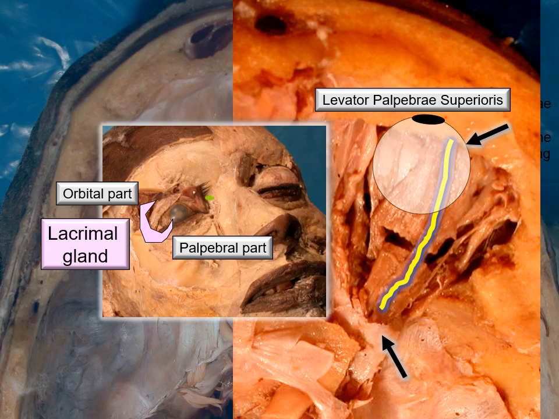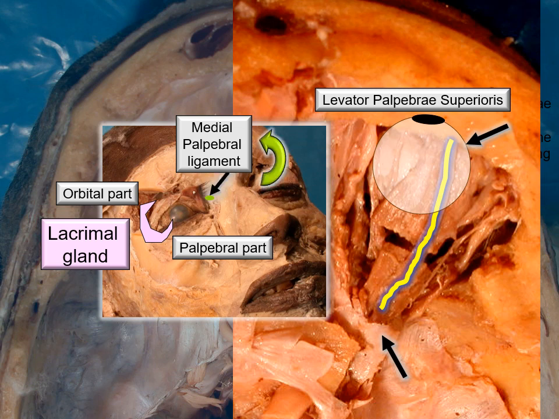Medially, the levator palpebrae superioris is extended on to the medial palpebral ligament. Now that's the ligament, medial palpebral ligament. This being the case, the muscle causes elevation of the upper lid. I have shown it on the opposite side. The lid is closed, and the direction of the arrow mark tells you how the lid is raised, resulting in opening of the eye.